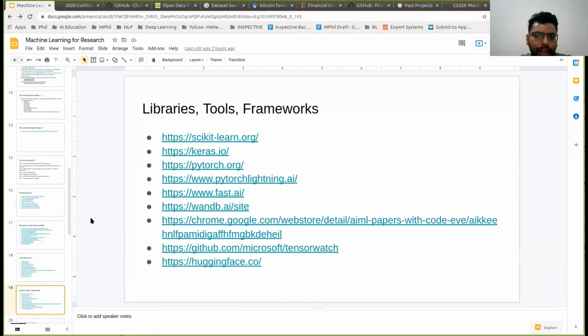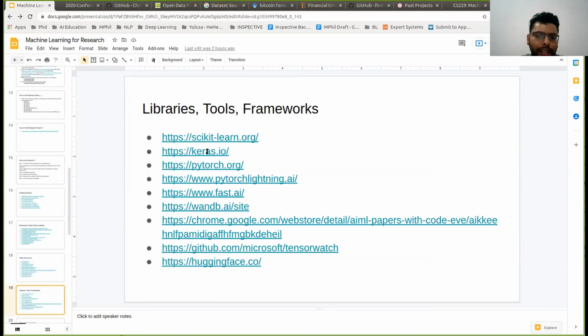Yeah, and now when it comes to using libraries, tools or frameworks, when you're building machine learning or deep learning models, you can use these existing tools and techniques, using existing frameworks to build the models. So you don't have to build anything from scratch. So you can use these frameworks.